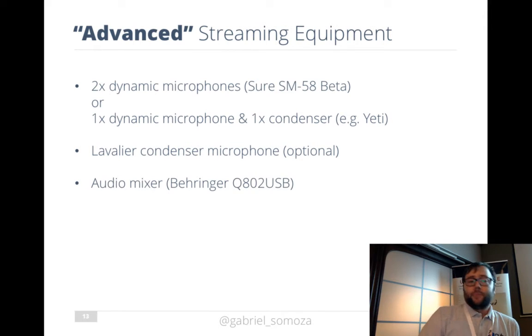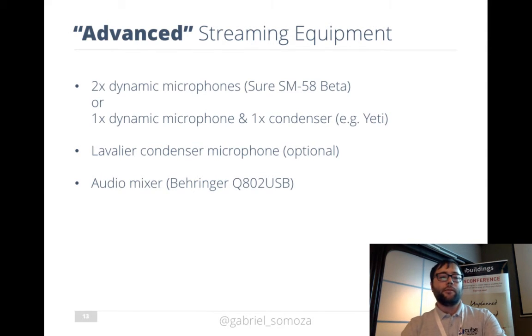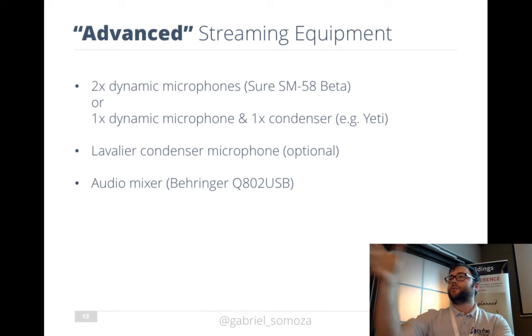I use an audio mixer. If you have a dynamic microphone that is not USB, most of them are not, you're just going to need something like that. Or an external audio card is also good enough that allows you to plug that in and then send the sound through USB to the computer. Okay, and all of these microphone things are going to show up in that mixer tab in OBS. Whenever you just connect the microphone, you'll see it there. You can configure the levels, etc.